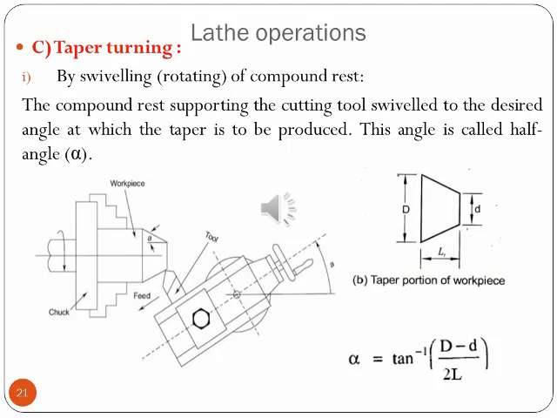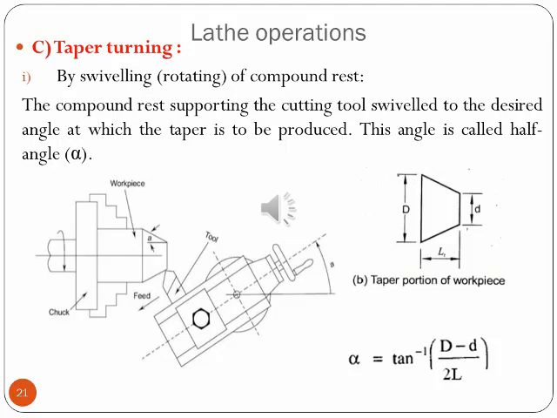So this method is limited to short tapered length due to the limited movement of the compound tool rest. The compound rest supporting the tool is swiveled to the desired angle to which the taper is produced. It is explained in the figure. You can see how the feed is given, the position of the tool, how the